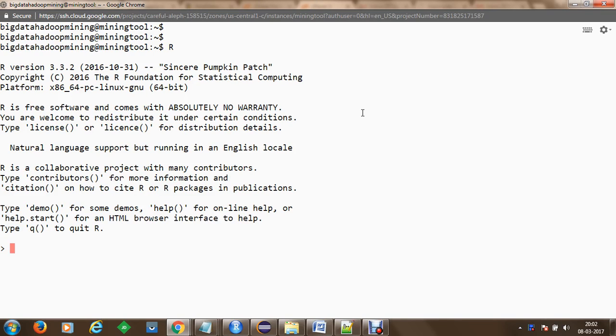At the moment, first of all, I would like to create a vector known as X, and this vector will be created using a function known as c, which means to combine values. I would like to combine a few values. Let's say I would like to create a plot for ice cream sales in my area.